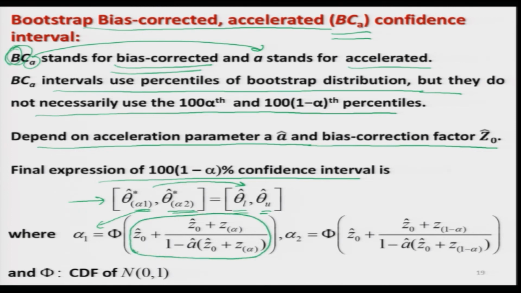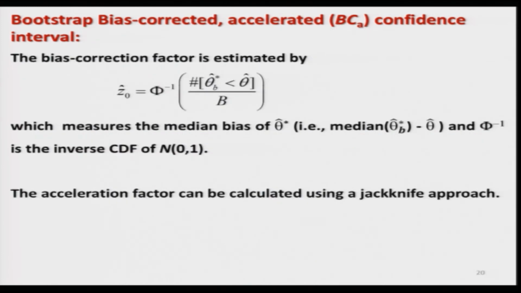Right, and similarly this alpha 2 is the value of the CDF of normal 0 1 at this point. And you can see here that these two values which I have marked here depend on factors like Z0 hat and A hat. Now, how to compute these two values? So, this bias correction factor in this case is estimated by Z0 hat, and